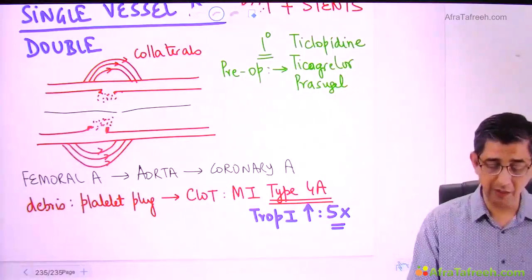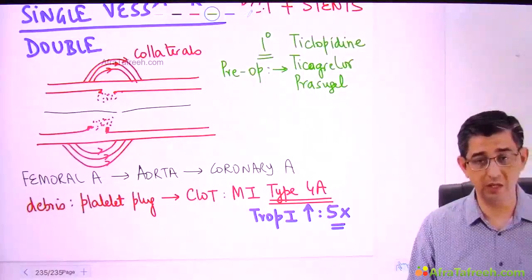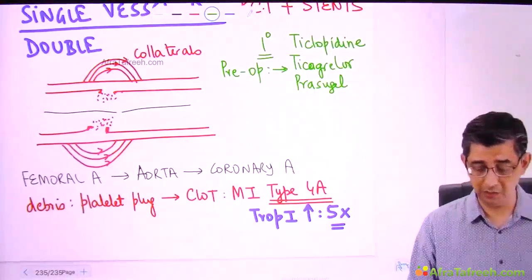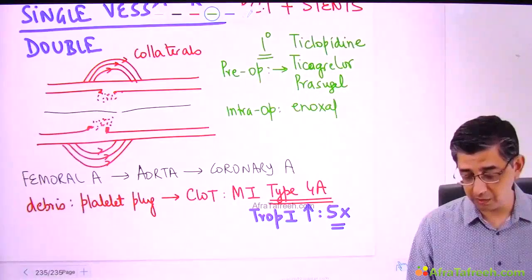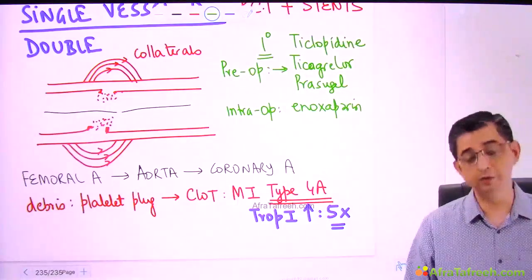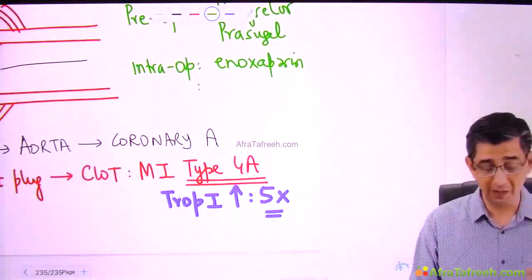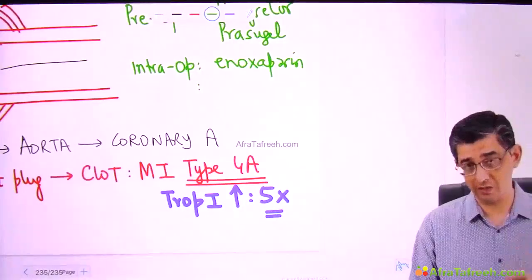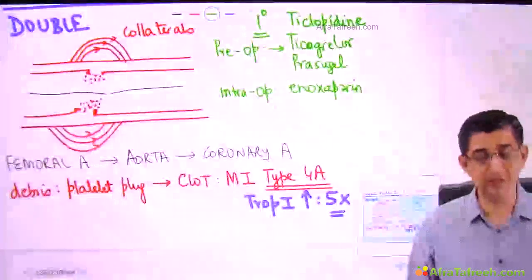Now, once the patient is being taken into the cath lab, or I would say just before the procedure has started, we would also be giving to this patient enoxaparin, that is low molecular weight heparin, and this will again reduce the chances of clot formation per se. Over and above this, there will also be usage of drugs which are specifically designed to reduce the chances of platelets triggering a clot formation, because you see, I said platelets are the troublemaker in this case.